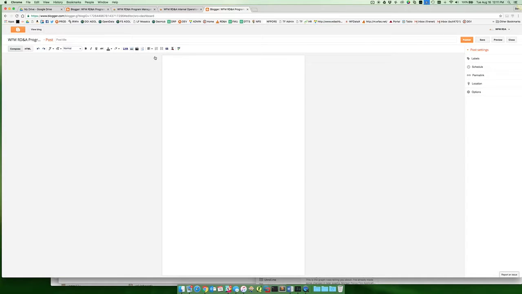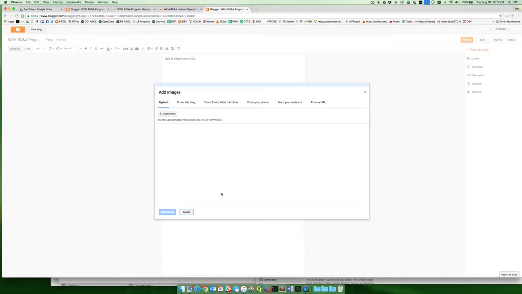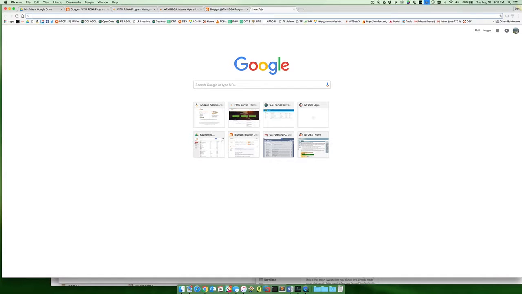When you do a new post, you have this WYSIWYG, or what you see is what you get, editor, with all the standard text formatting options at the top, and this is where you write. Adding images is fairly easy. You can click this image button and you can choose to upload a file right here. If you know of a photo on a website and you don't necessarily want to have to download it,